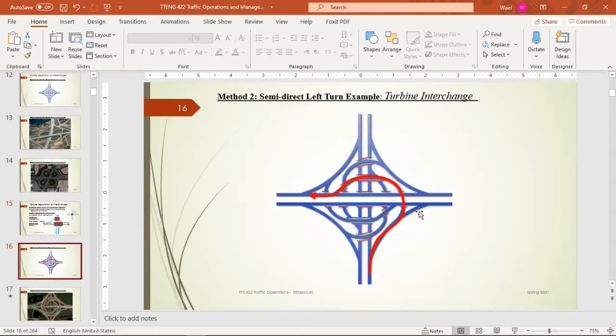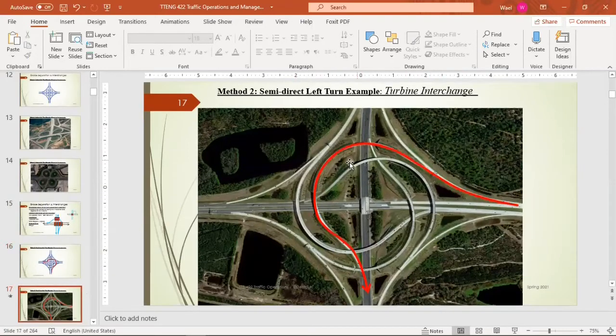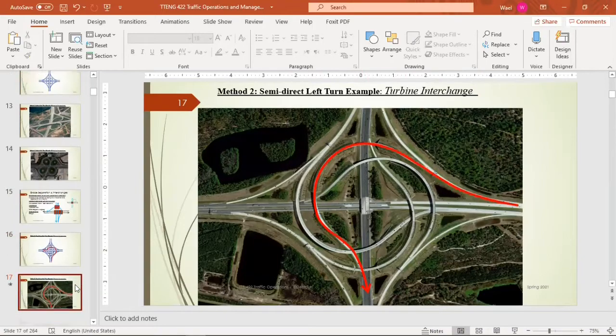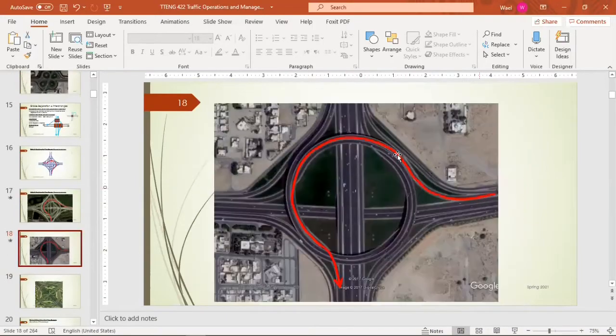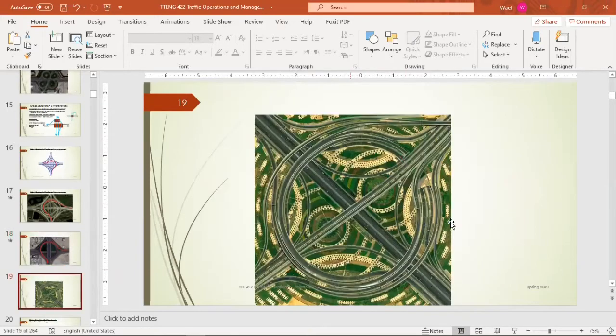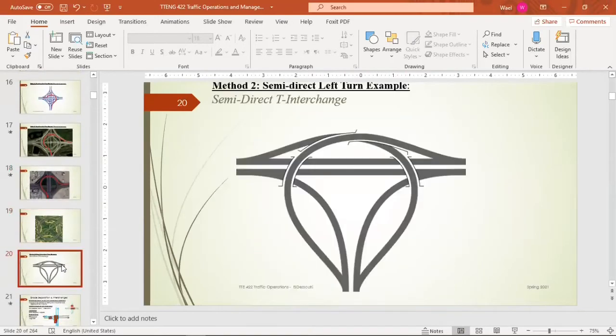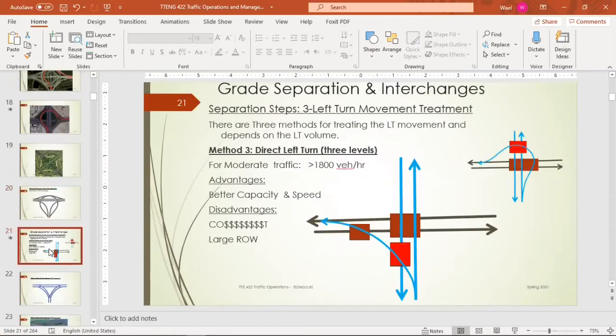To give you an example, that's an example. Okay, we call this interchange a turbine interchange. It's like a turbine. Okay, and here that's an implementation of this treatment. This one also is a turbine, and that's the way it works. This one, I think this one is in Dubai. And that's a T interchange where we have here two semi-direct. Okay. But if the volume is greater than 1800 vehicles per hour, then we don't